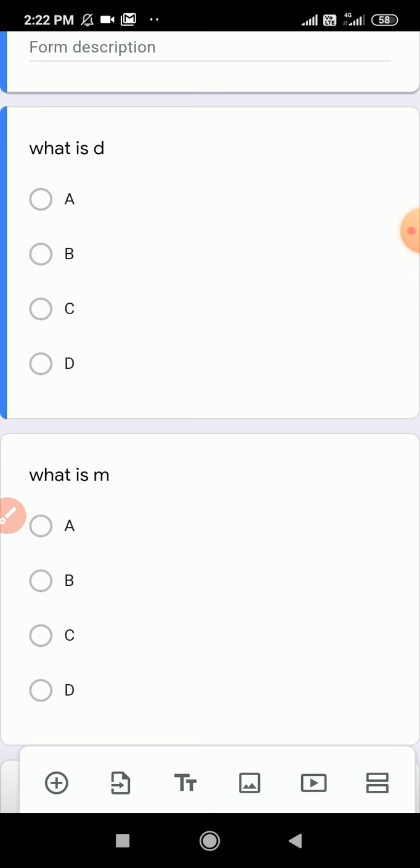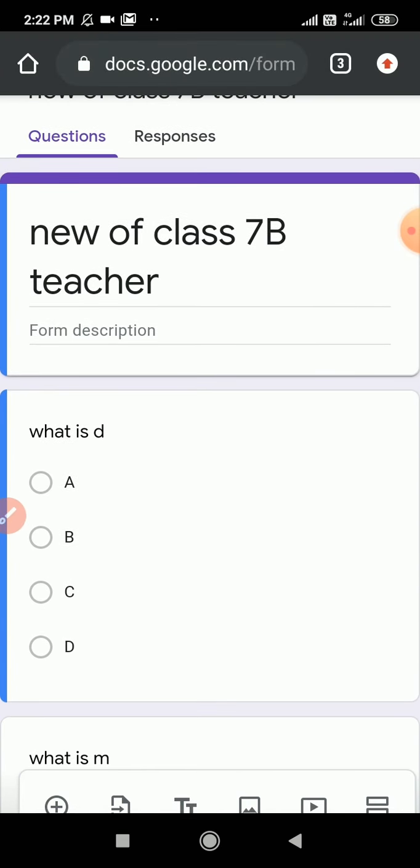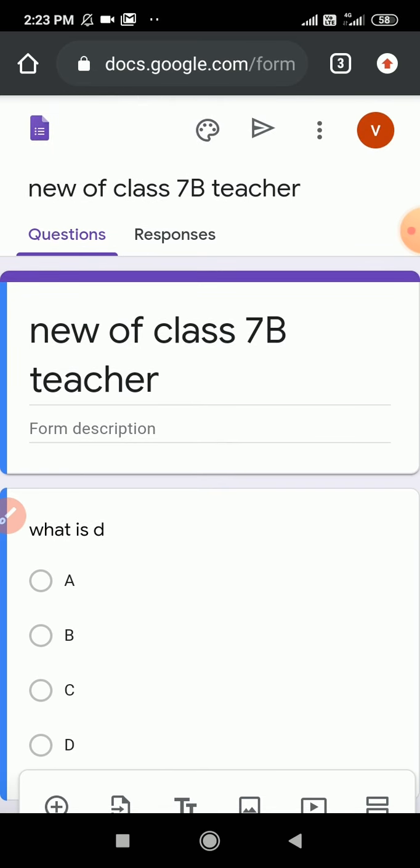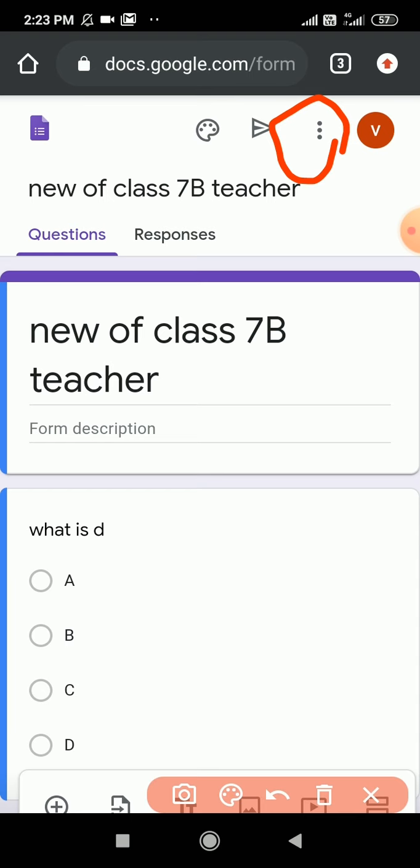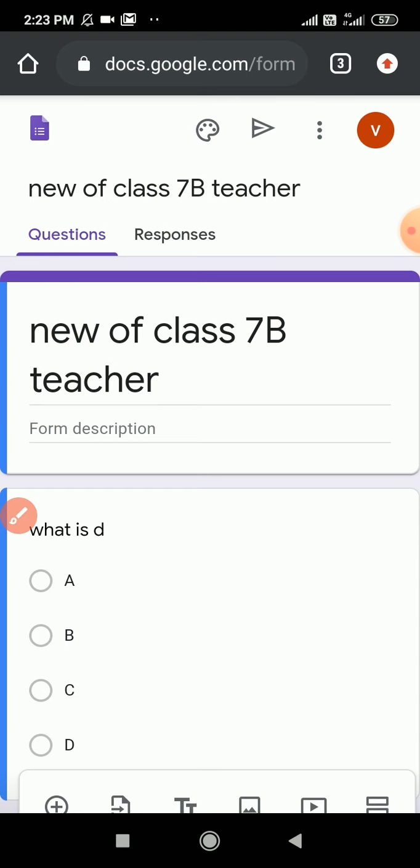But one very important thing to note is that you are not going to send this question paper to the class, because if you send this question paper, the response will go to the owner. So it is very important that you must save a copy of it. For that you have to click on these three dots.